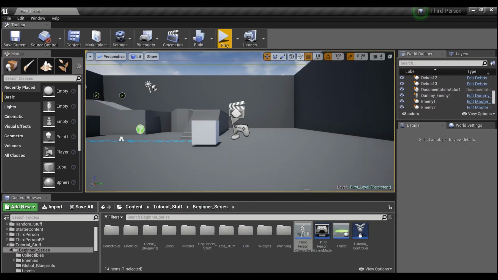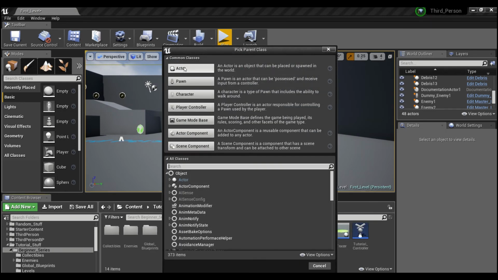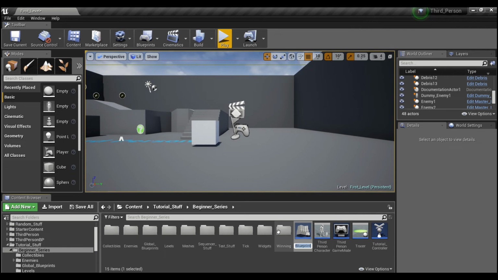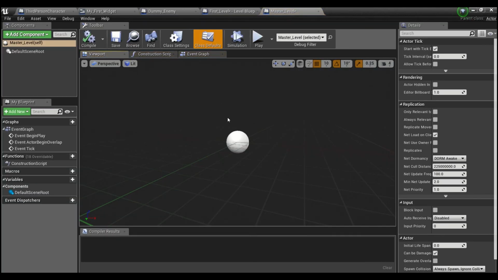Now, one other thing I want to show you guys. If we right click here and create a blueprint class, make it an actor. This is useful if you want to do stuff on a global perspective in your level, but like I said, using the level blueprint really isn't the most effective. So we can call this master level, and we're just going to drag him into the world, place him here, and we can open up master level,